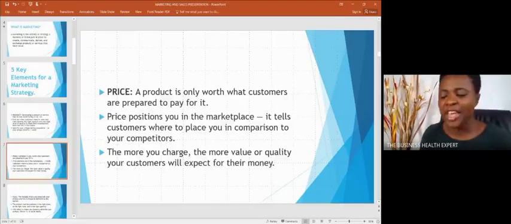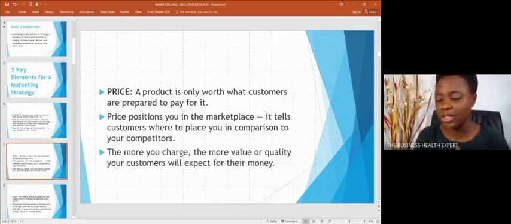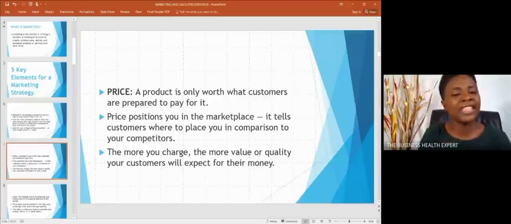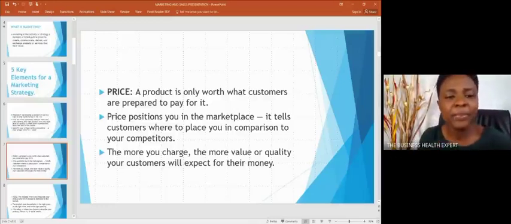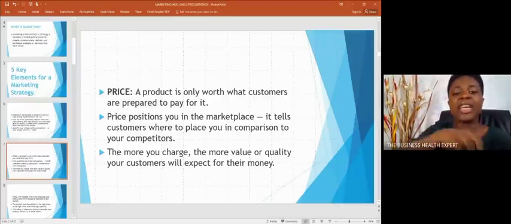Do you understand? If you're following, please let me know, give a thumbs up, if you understand that illustration I just made, why your product is only what customers are prepared to pay for. Okay, thank you. Yes. Now, price positioning: the price of your product determines the kind of customers that